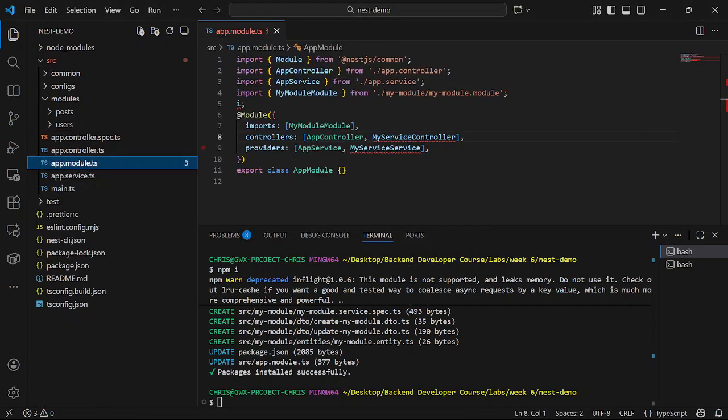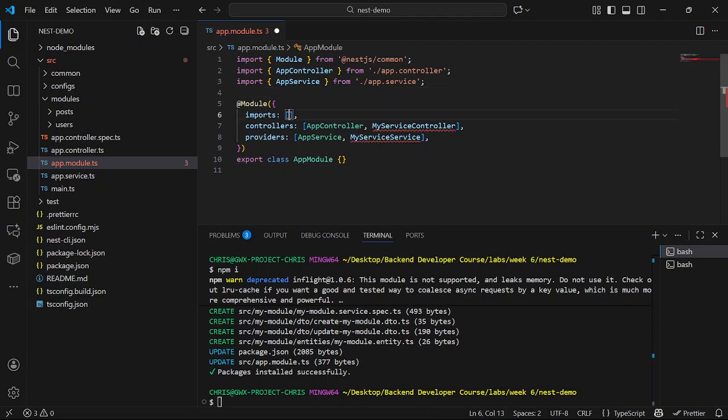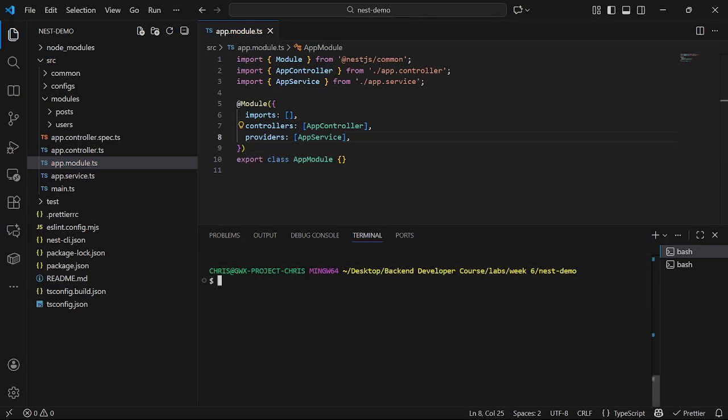I will come to our app here. All right, so let's just do something simple, just see how it looks like to work with NestJS.